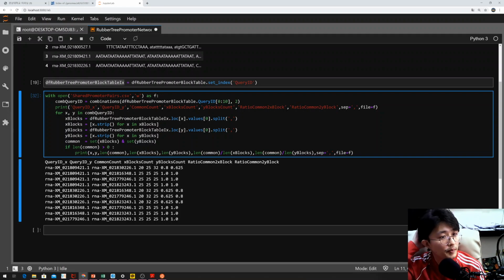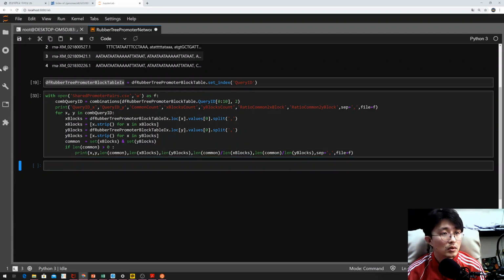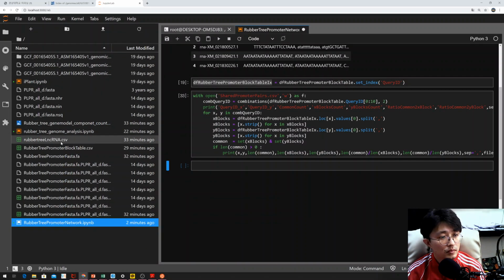Separation is comma. Right? So if you run this code, then you will have